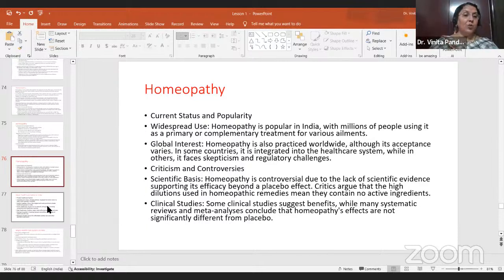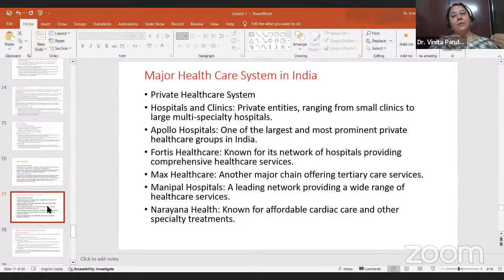So now this is left to our wisdom, our experience. And see, in India, as I just mentioned, my dear friends, post 1990s, there was a very strong presence of the private healthcare system in India, and hospitals and clinics have come up in a very large way, from small clinics to large multi-speciality hospitals. Now, when you talk about Apollo Hospitals, I'm sure you all might have heard the story behind